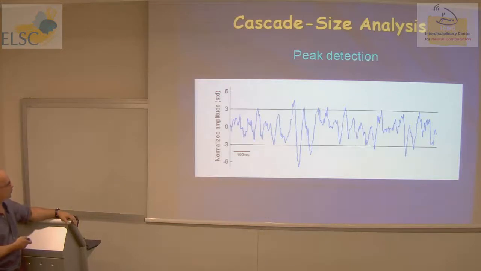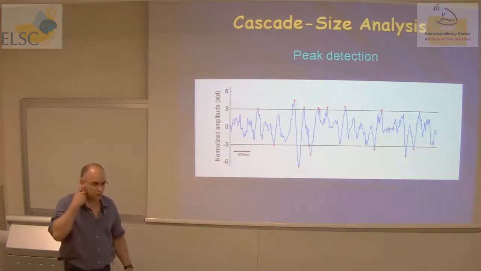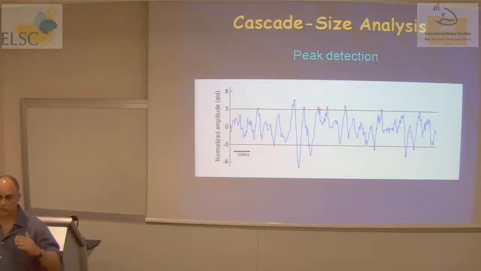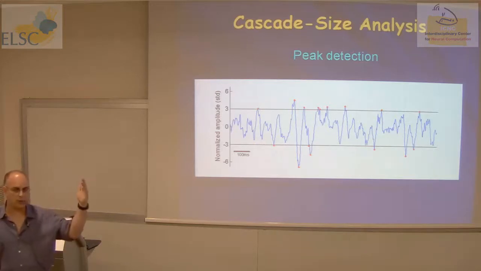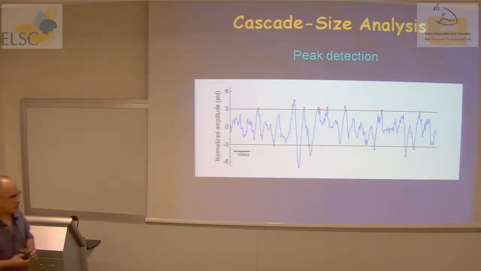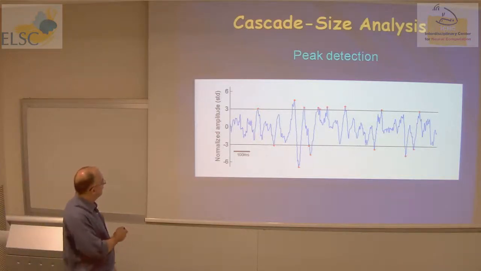That's, I guess, the most non-trivial step here, because we take those continuous signals and we convert them into a point process. We impose a certain threshold, and then we detect the peaks. Here I use a threshold of 3 standard deviations. It's very common to use, but I would claim that if you use thresholds that are large enough, namely above 2.5, and not too large, because if you go for too high a threshold, you just don't get events, right? So you throw the baby out with the bathwater. You want to have a reasonable signal-to-noise level. That's why we take these kinds of thresholds.